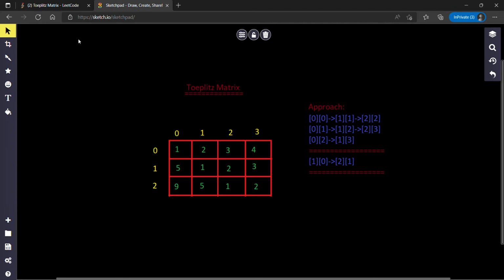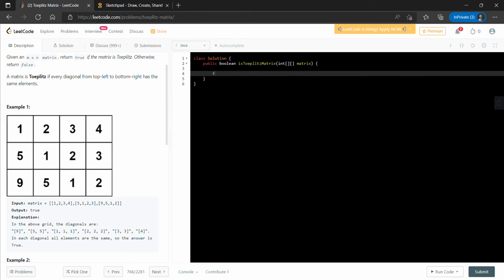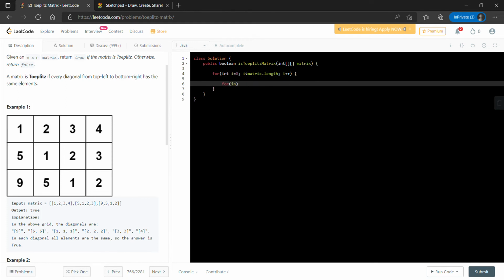So let's code and we'll see how it goes. For this we will be traversing row wise and column wise. So for this I'm taking the length of this matrix. For the next iteration I'll be going over the columns of a certain range of I having this length,